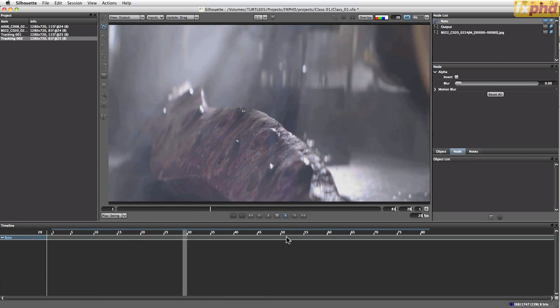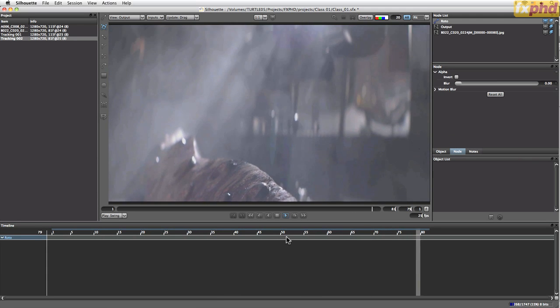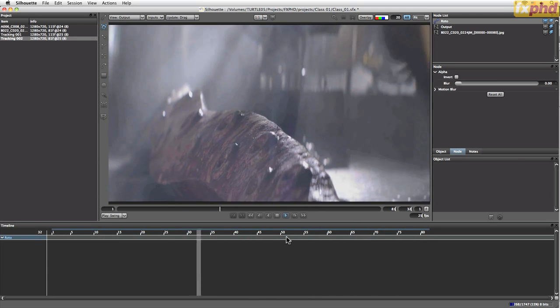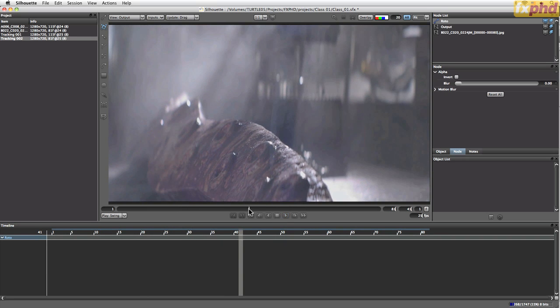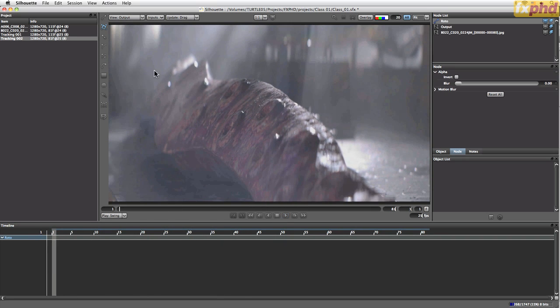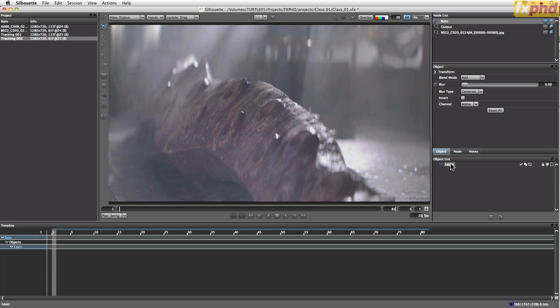So in terms of tracking, for a long time the point tracker was the only game in town, but over the last few years planar tracking technologies really started to change all of that up, and we're seeing tracking tools that can track a whole load of different shapes and shots with a lot more ease than just using the point tracker. Let's come in, and what we're going to do here is we're going to look at our little tentacle